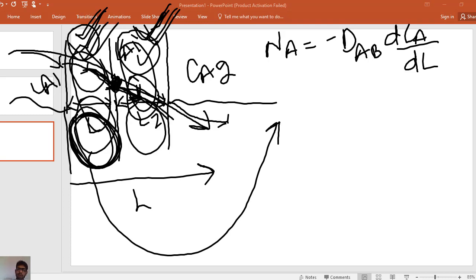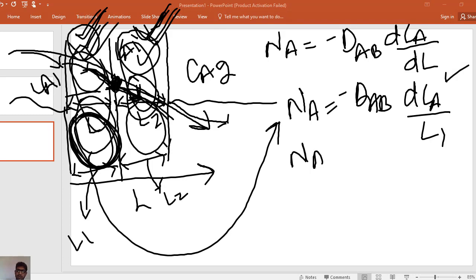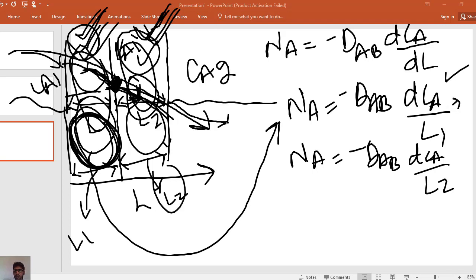will be known by Fick's law, which is NA is equal to minus DAG dCA by L1. Because this is the length, this is L1. This is L1 and this is L2. So similarly, Fick's law in the stationary gas layer is this. Fick's law in this stationary liquid layer is DAB dCA by L2. This is L2. So, suppose this is equation 1, this is equation 2. So, from equation 1 and 2, we know that